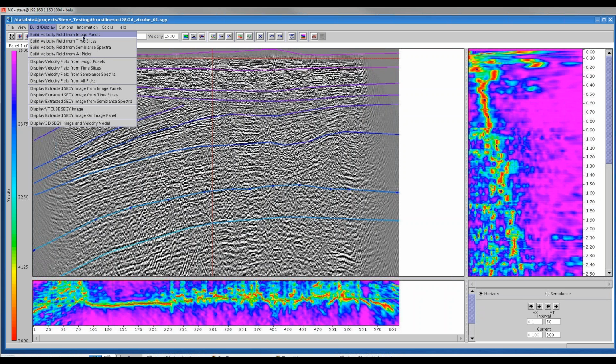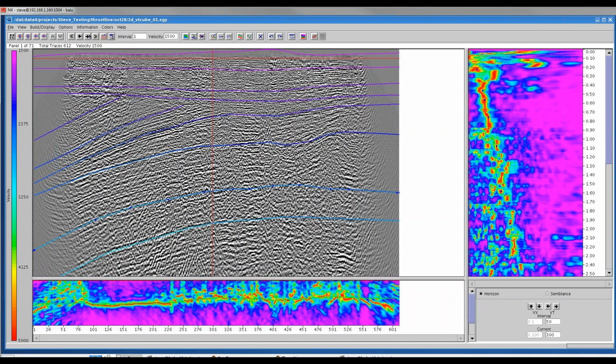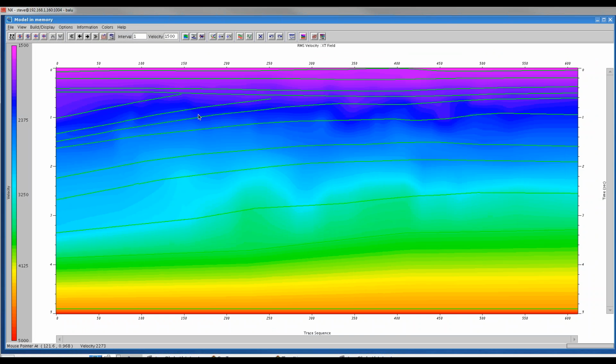So in my case, I'm only going to use the velocities I've picked on the horizontal semblance, so I will use that first option. And this is my velocity field. I could apply some smoothing if I wanted to that velocity field. If I'm comfortable with that velocity field, I can proceed forward, or I can go back to display the semblance again